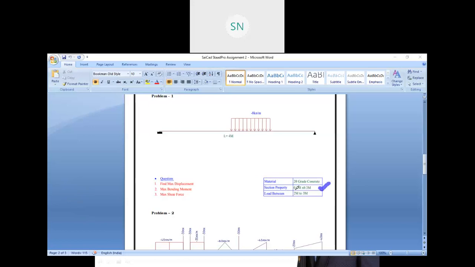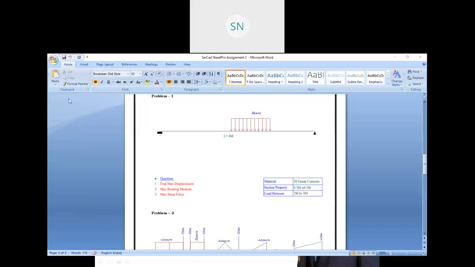We have to use 0.3 meter cross 0.3 meter cross section over here, and a load between 2 meter to 3 meter. So load is given over here, and the load value is 8 kilonewton per meter. Okay, fine. So these are the inputs that we have to provide.